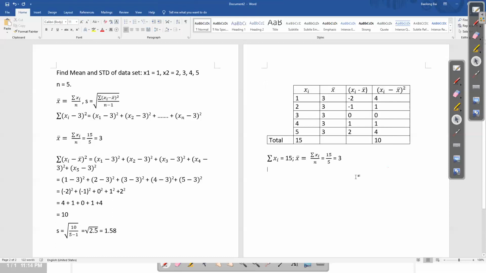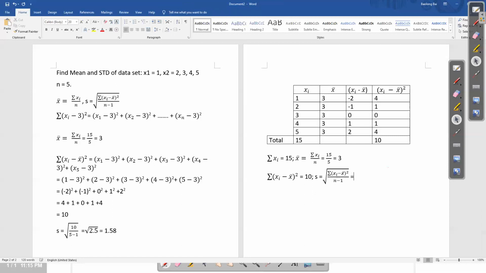Okay, so here, just like how we realized the 15 is sum of xi, I hope you can realize 10 is sum of xi minus x bar squared, right? This is adding all the xi minus x bar squared from x1, x2, x3, x4, x5, right? So then we should realize the sum of xi minus x bar squared will equal to 10. Then from here, we can borrow the formula